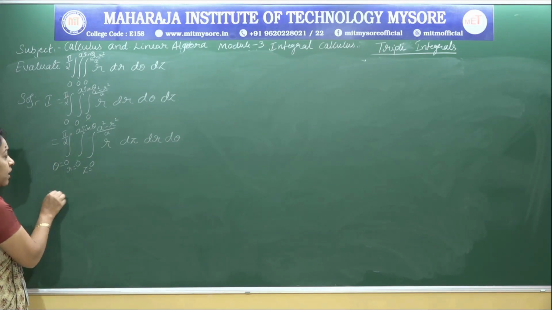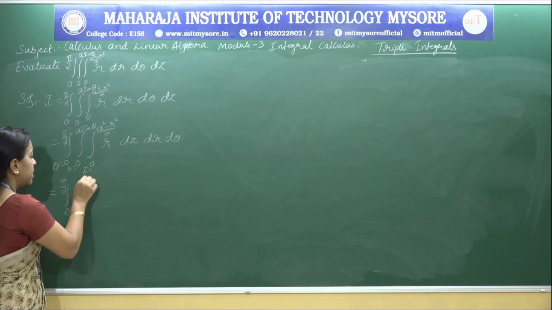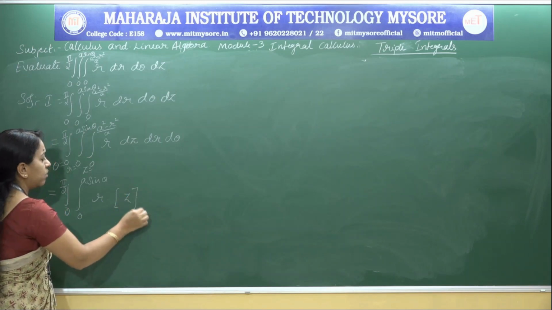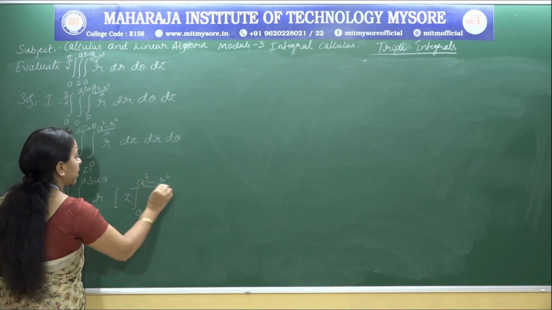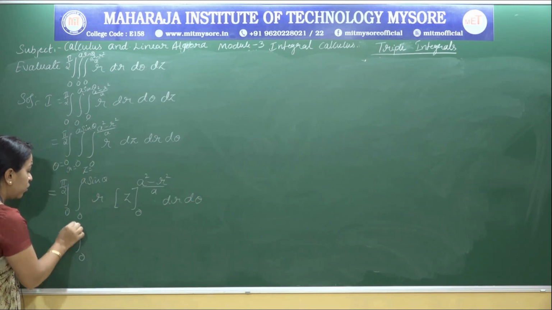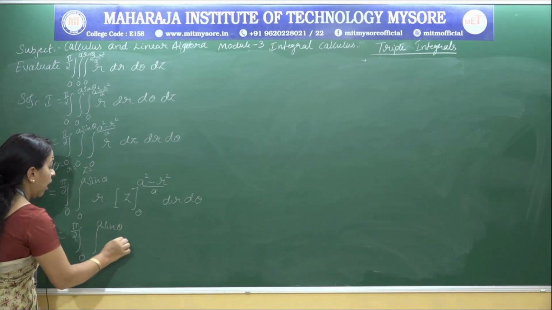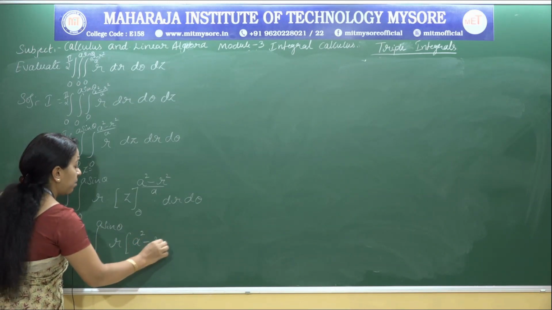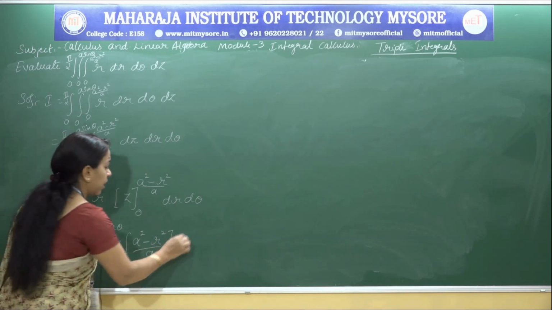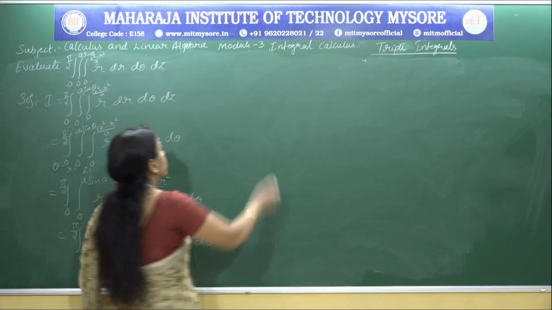Now keeping r constant, integrate with respect to z. Integral 0 to pi by 2, 0 to a sin theta, r constant, the integral of dz is z between the limits 0 to (a square minus r square) by a, dr d theta. Apply the limit: integral 0 to pi by 2, integral 0 to a sin theta, r into the upper limit (a square minus r square) by a, and of course the lower limit is 0, dr d theta. Now simplify before integrating with respect to r. So I is